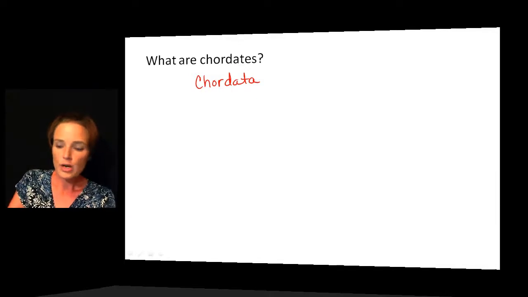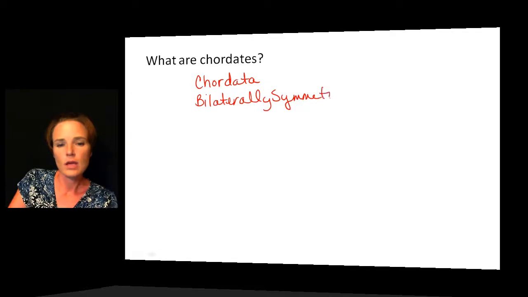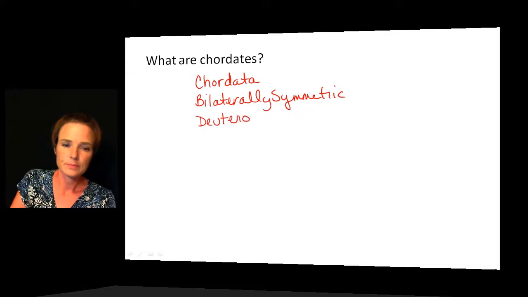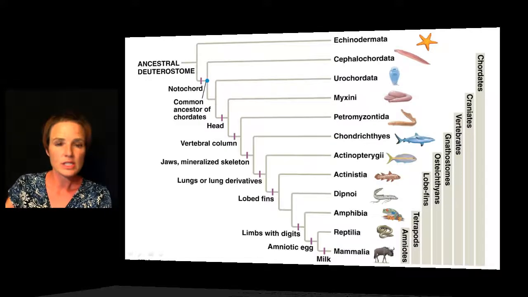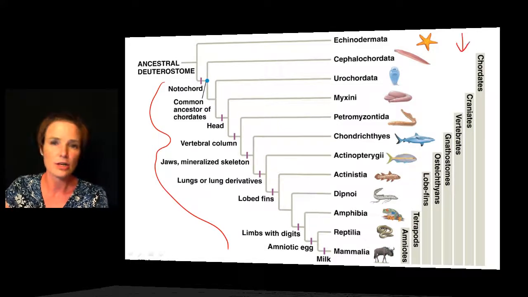But first of all, one of the things is that they are going to be bilaterally symmetric. And these are also going to be part of the deuterostomia clade. So if we talk about some of the derived characteristics, you can see the derived characteristics written all over here along the side of this phylogenetic tree. As we go through these different derived characteristics, when each of them is being evolved, that's going to give us a lot of different groups that we can see over here on this side.